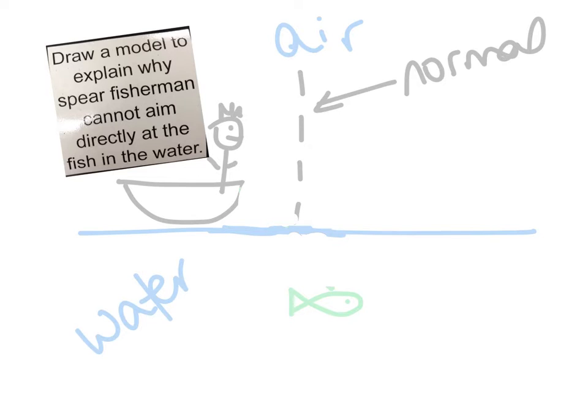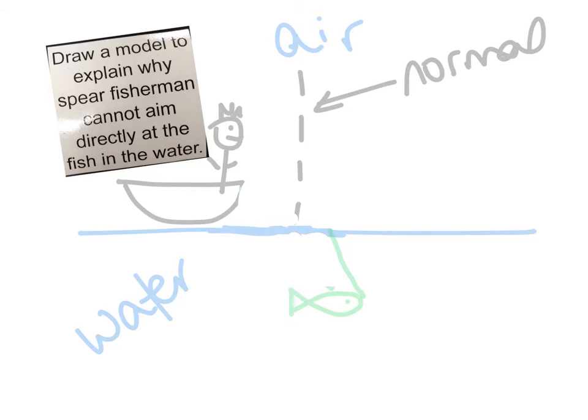What that means is, if we think about light getting to the fisherman's eyes, what the fisherman sees from one spot, the fisherman may think is actually coming from a different spot. Let's think about that. The fisherman is used to light coming in a straight line. So light that comes this way from the fish, and then